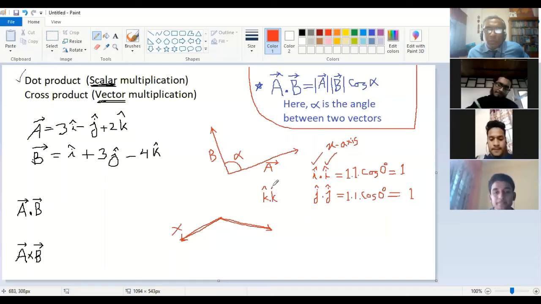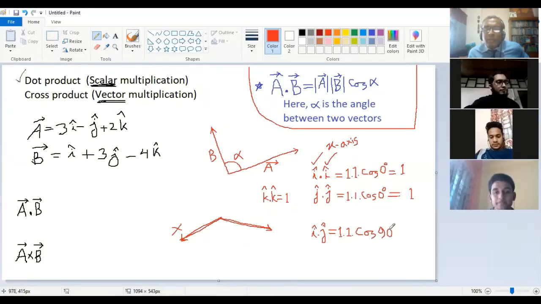And now you go to the different thing. What is the different thing? Say one is i, another one is j. So I am writing i dot j. So what will be the value? In the same way, you will write the value of i, 1. Value of j is also 1. And then cos 90 degree. You will put now cos 90 degree. Why cos 90 degree?